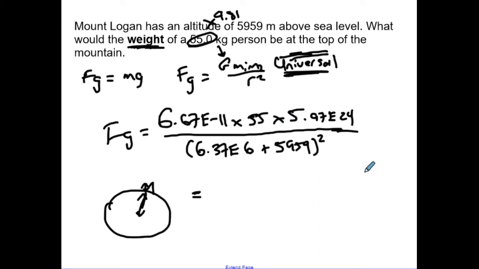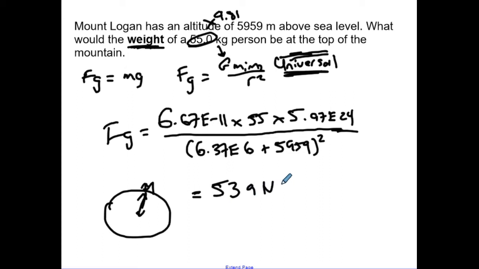It's 6.67 times 10 to the minus 11. We're going to times the gravitational constant by the mass of the person, 55, by the mass of the Earth itself, 5.97 times 10 to the 24. We're going to divide it all by, in brackets, the new radius. It'll be the radius of the Earth, 6.37 times 10 to the 6, adding on an extra 5959, because that's how big Mount Logan is, and then all of that gets squared. And I have a final value of